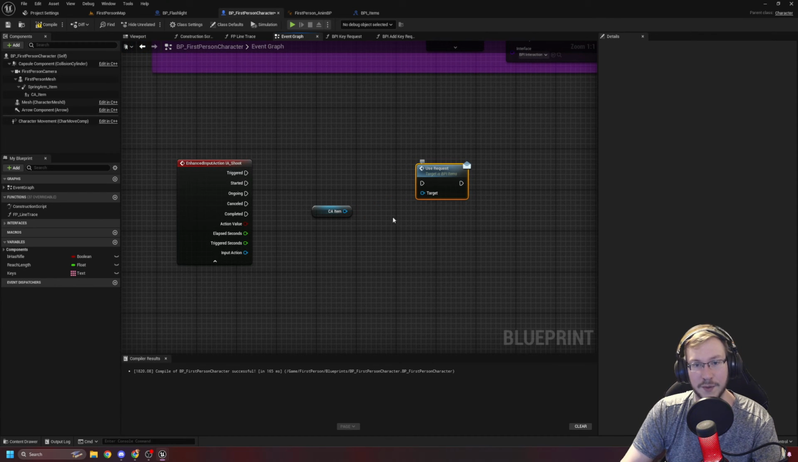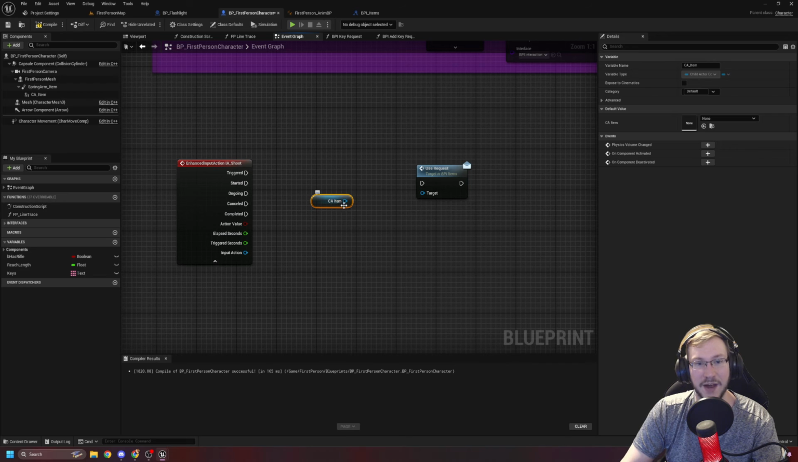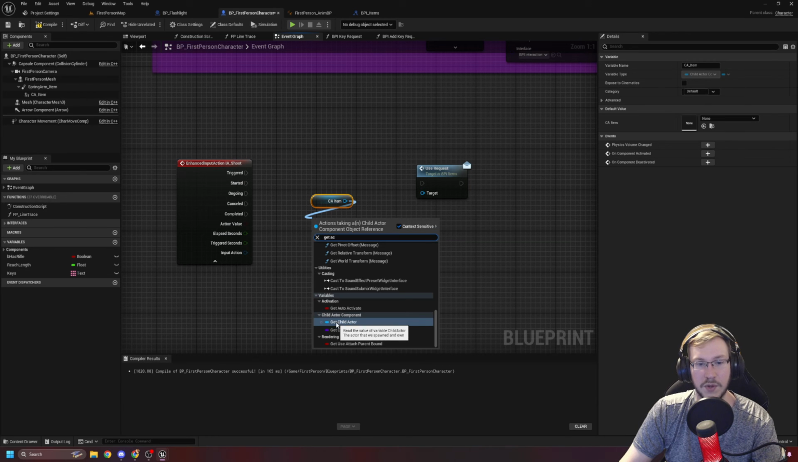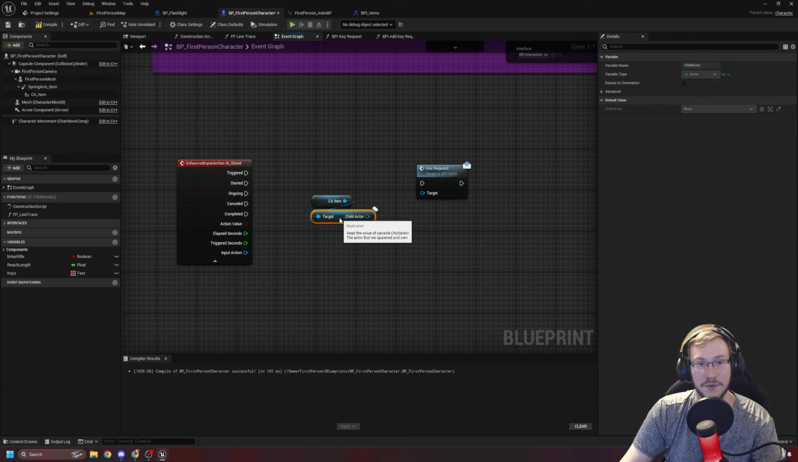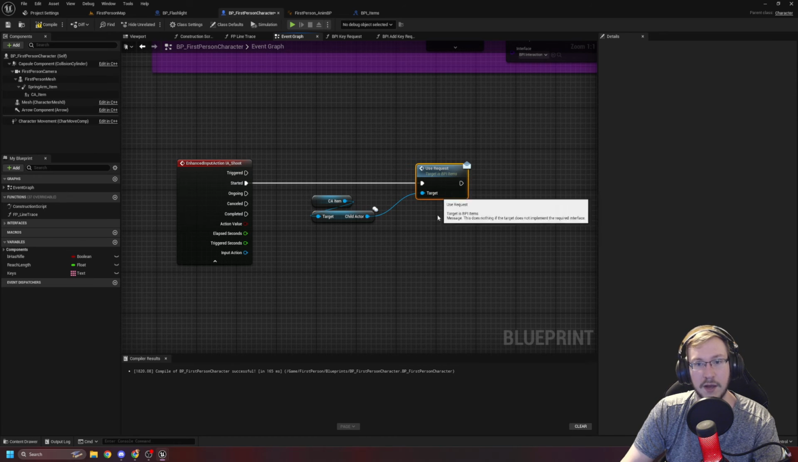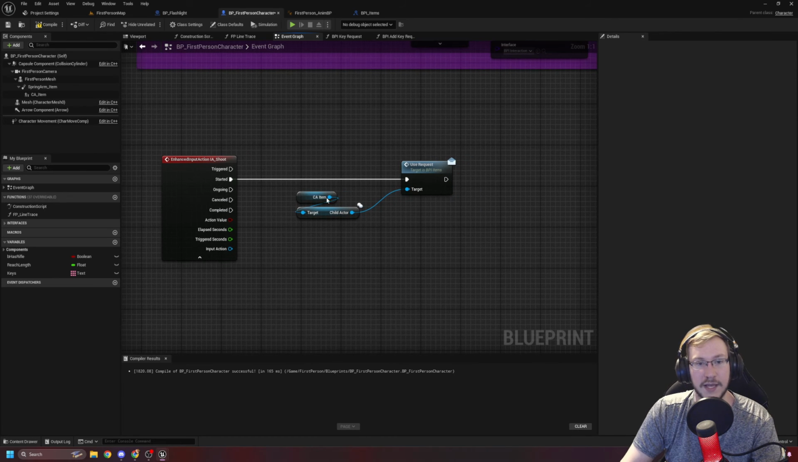We're going to unplug both of these. And out of the child actor, we're going to get child actor. So from the item, we then have to get the child actor. I don't know why, but that is how it works. So there we go. Now whenever we left click, we're going to send our child actor a use request,